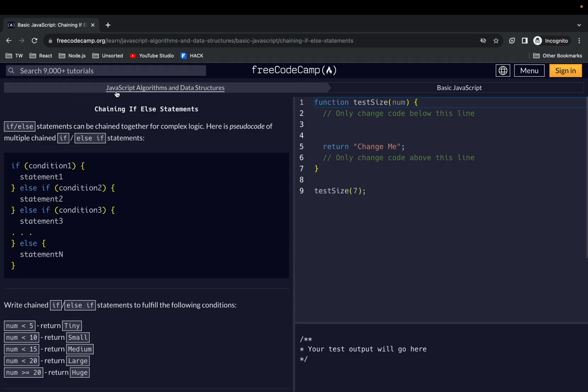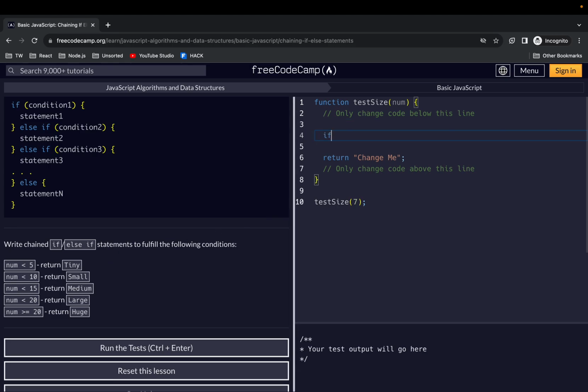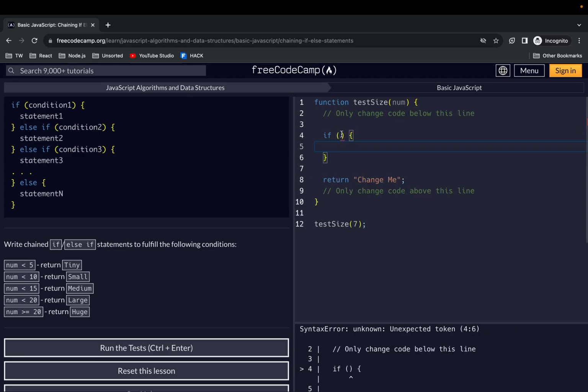All right, so now let's look at how we can chain multiple if-else statements together. The way we do that, let's look at this example here. First we write our if keyword, bring our parentheses, and then our curly braces. So we want to say if num is less than 5, we want to return the string tiny. Okay, now let's chain an else if. The first else if we want to chain is